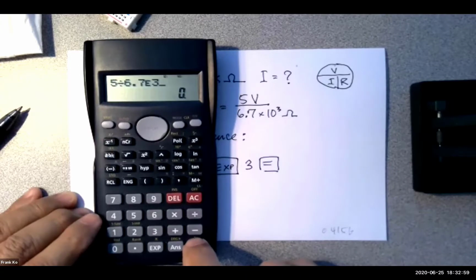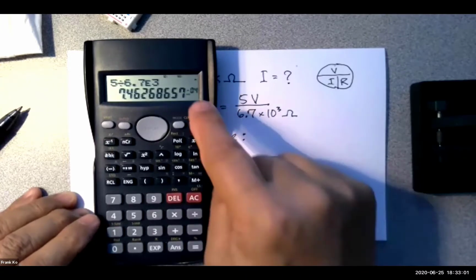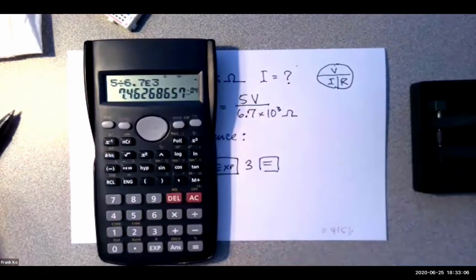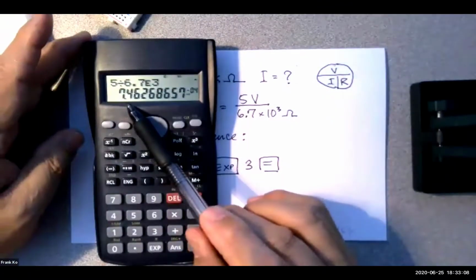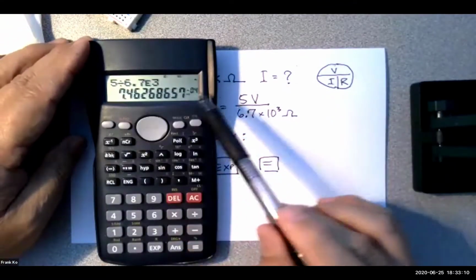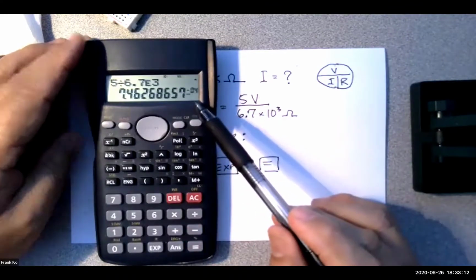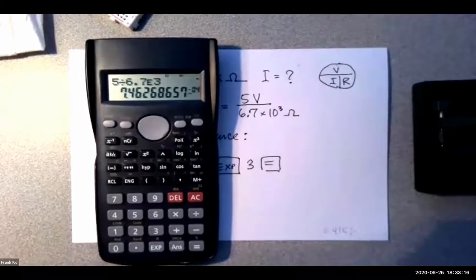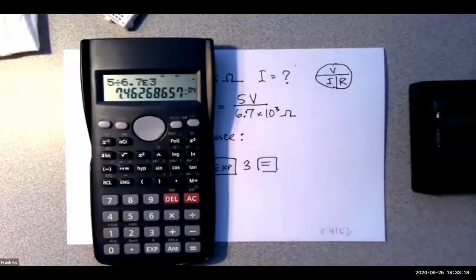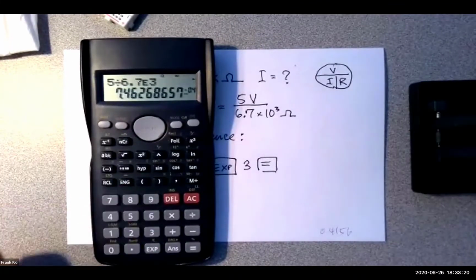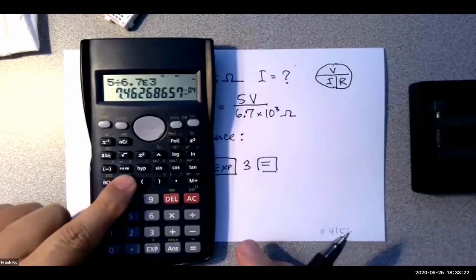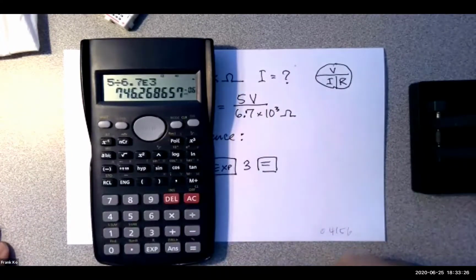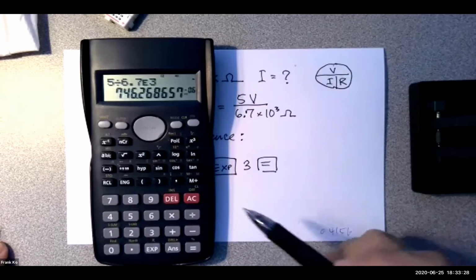And then I hit the equal, and then you see over here, the calculator defaults into scientific notation, which is 1 digit followed by a decimal point, and it shows us 10⁻⁴. That won't help us because we want proper engineering notation. So we get proper engineering notation simply by hitting the ENG key. By hitting the ENG key, this automatically reshuffles the display and gives us the correct engineering, and the engineering works out to be